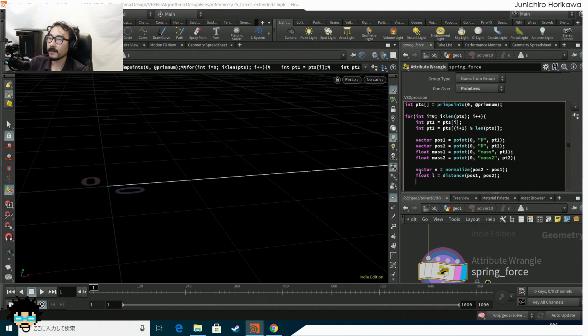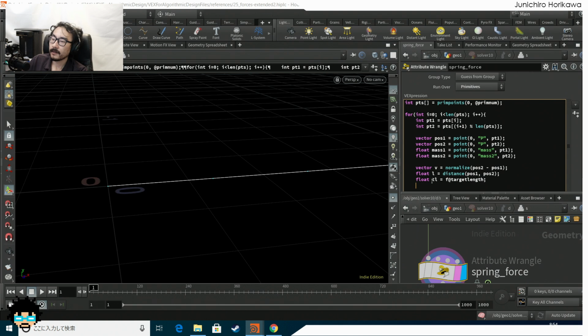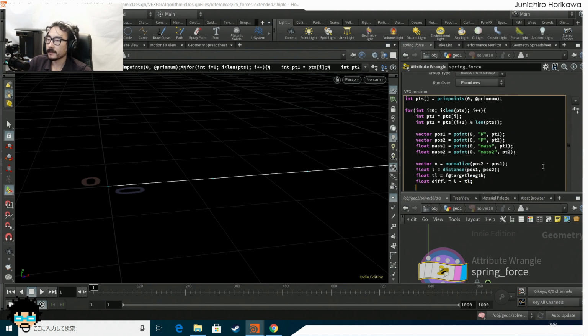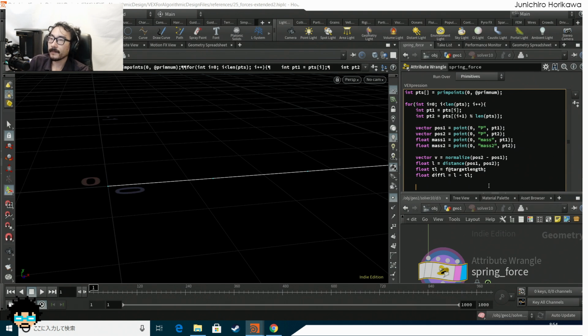Okay, and we also want to have the difference between the current length right here and the target length. So float target length is a channel float, f@target_length. So the difference, float dl, the diff l, is equal to l minus tl. Okay, and now I can calculate the force value. Vector force